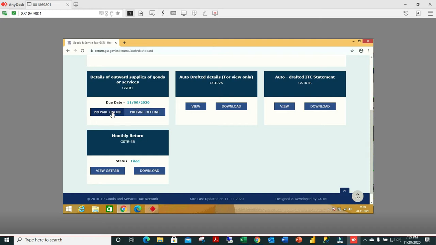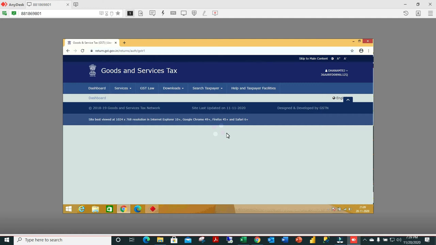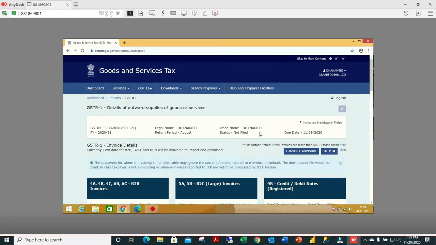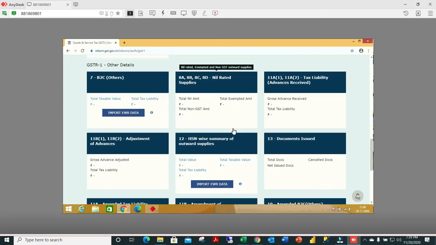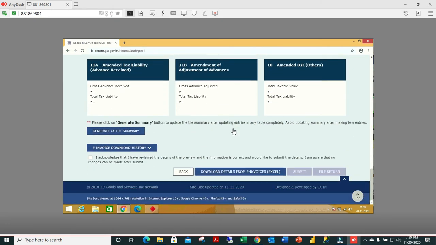Now for August we have checked. The same process we will do again. Since no sale is done, we directly go to the bottom and just generate the summary.